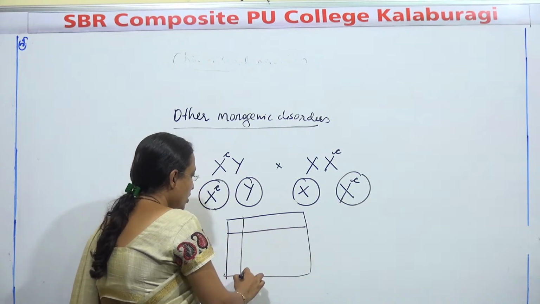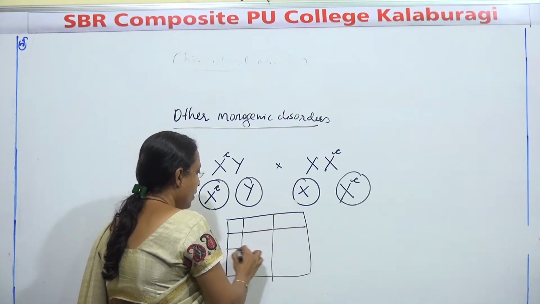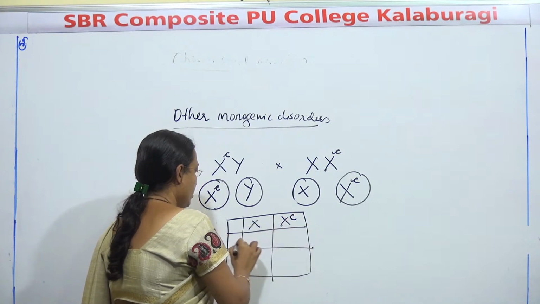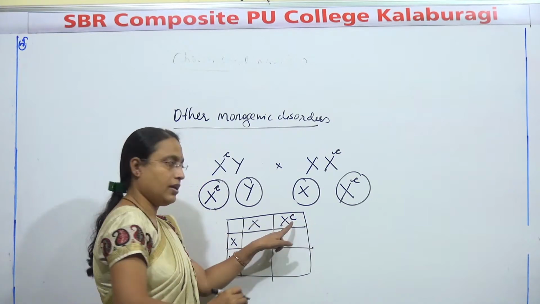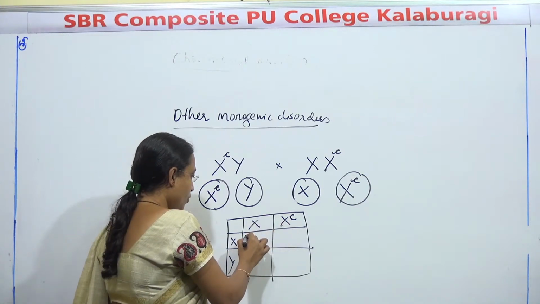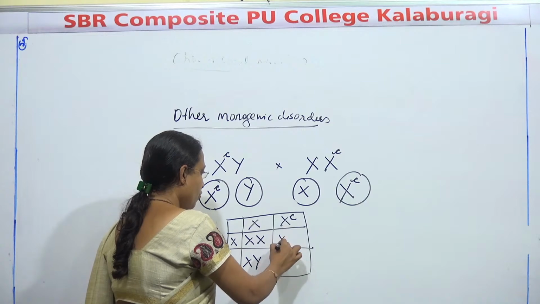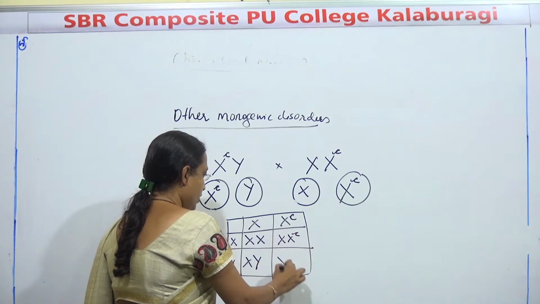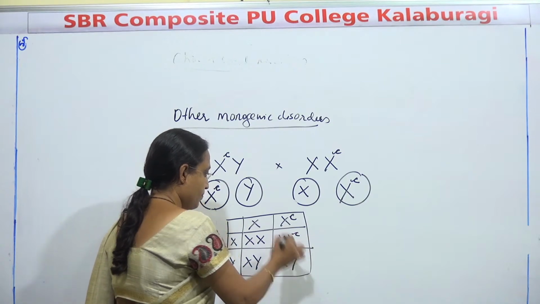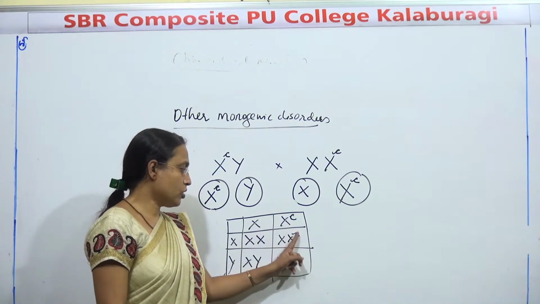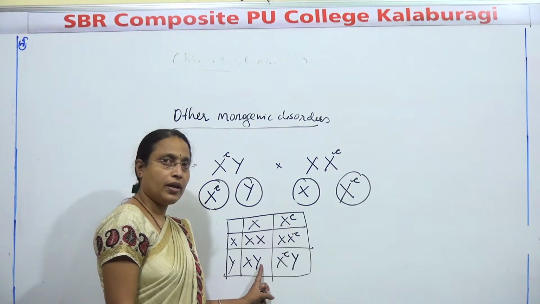So here are the male and the female gametes. If the combination is done, then what is the proportion of offspring? Like this. Then how do you read it? Out of the total offspring,